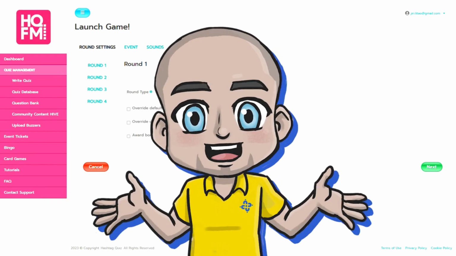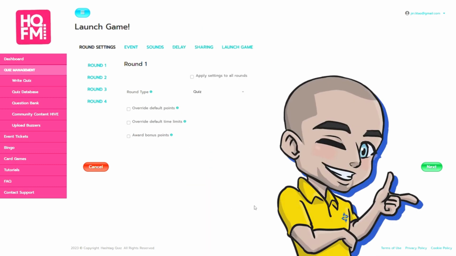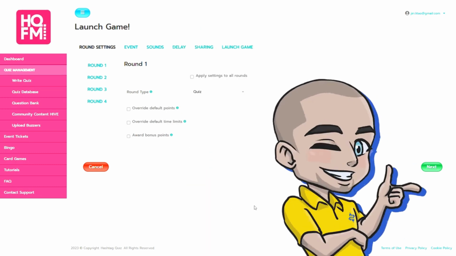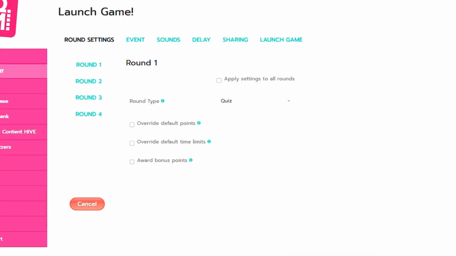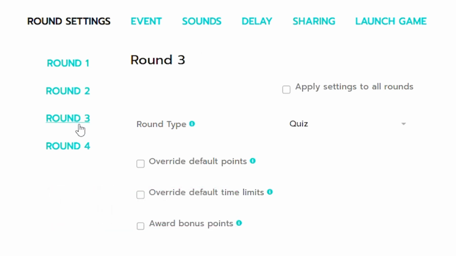You're the quiz host, you're the boss, you decide how you're going to set up all of the rounds and see all of the information. So you'll see the different rounds down the side and click on each one of them to change them individually. Now if you want to make life a little bit easier, you can apply settings to all of the rounds. You can change the rounds and be in a different round type, or there's a few here like the quiz